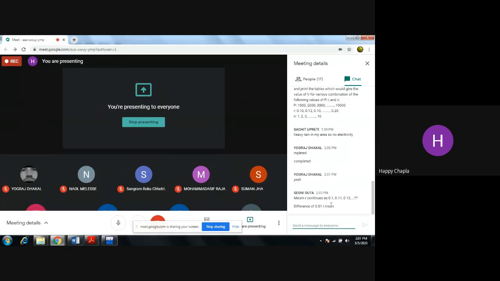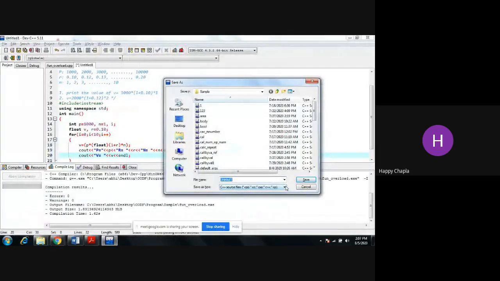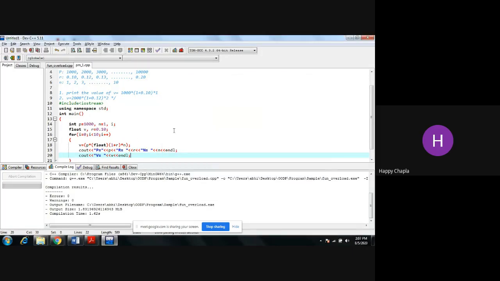No, Sagni. The first time you have to take the value of 0.10, then you need to take the value of 0.12, and then you can increment with 1, right? So you need to check the value. Just wait, I'll come to this.